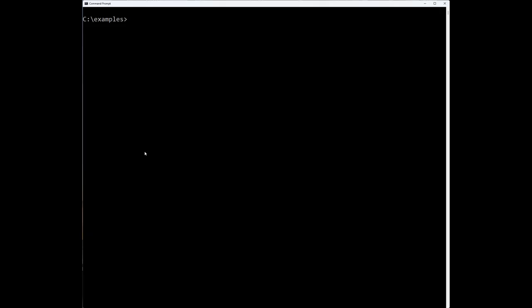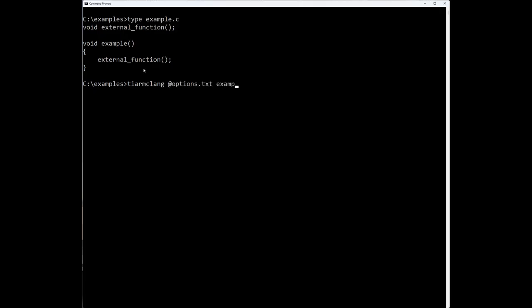Let's look at the source code for the first example. It's intentionally very simple. All I'm doing right now is establishing a baseline for comparison for the next example. It's just a function that calls an external function. It's declared here. Very simple. Let's compile it. Then to inspect the code that was generated by the compiler, I will use this command.